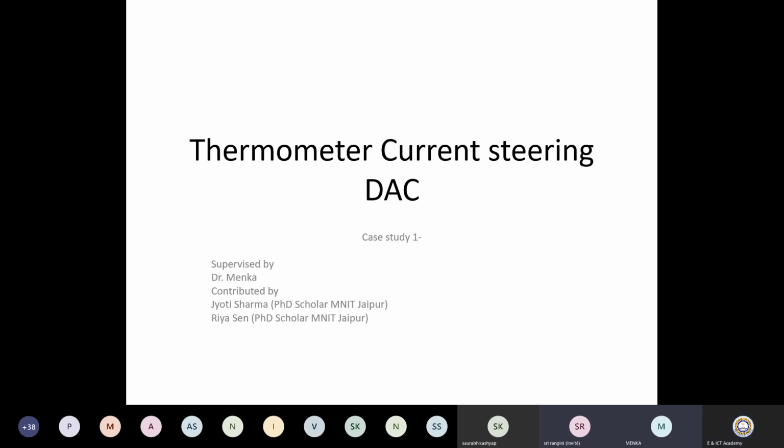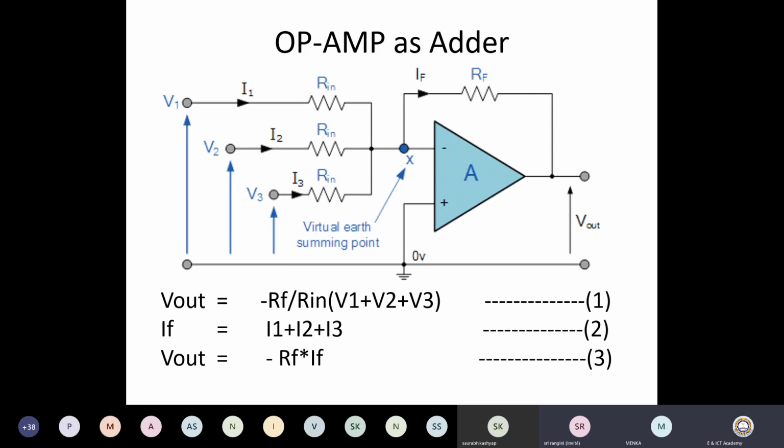Second slide, please. The contribution is done by Jyoti Sharma and Riya Singh, who are PhD students, and this was given just as a course assignment to them. So it is for the faculty members. I am going to tell that it is up to you how you can handle it. Fine. So the major contribution is from those people.